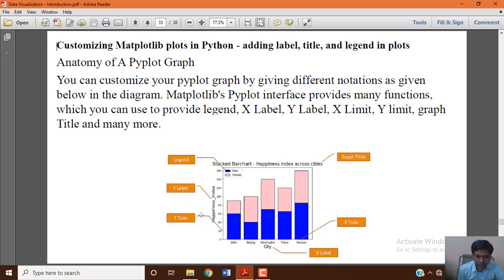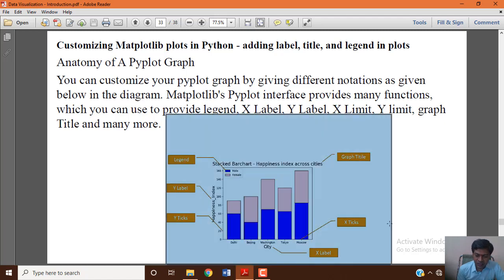Label is how we represent the y label and the x label: the name of the x-axis data is the x label, and the name of the y-axis data is the y label. In the same manner, x ticks and y ticks are the points of that plot, which we call ticks. And graph title is the name of your graph, which we call the title of your graph.